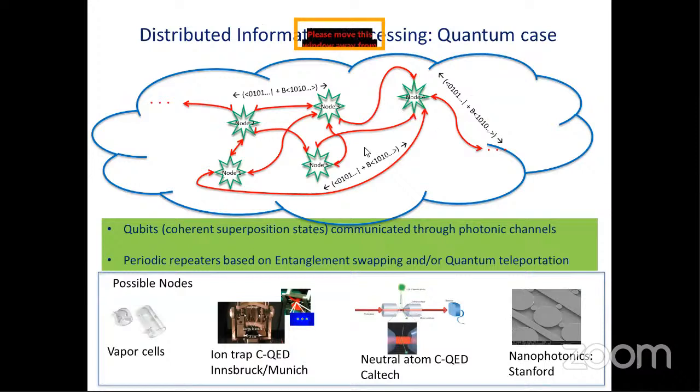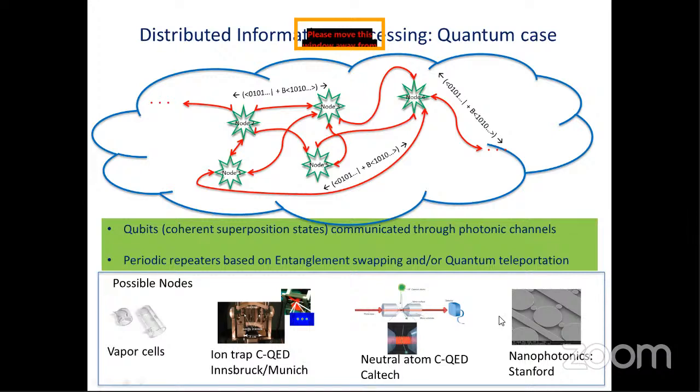Now, in distributed quantum information processing, you have different nodes which are quantum mechanical systems, and you want to transmit information, which is basically superpositions and entangled states, from one location to the other. The thing is, you cannot have repeaters similar to classical repeaters, because you cannot copy quantum information and then amplify it and transport it. Once you make a measurement on a quantum state, you lose the information of the quantum mechanical state.